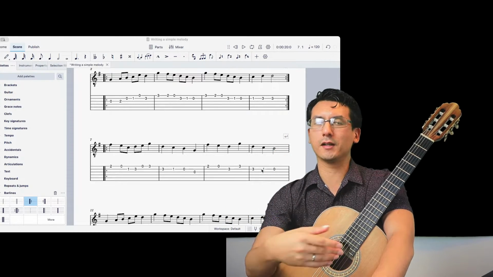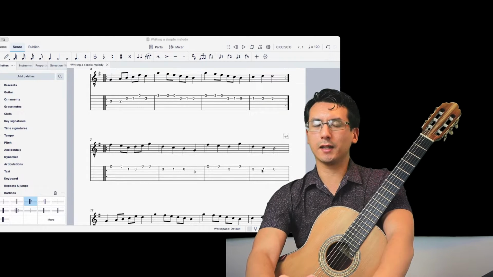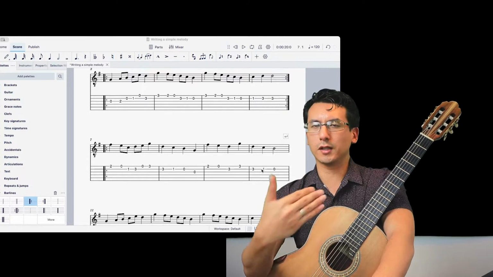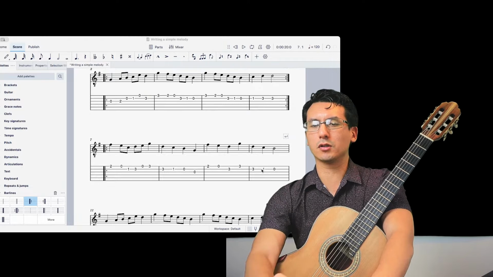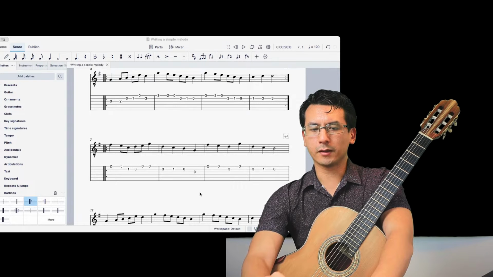Like Mozart said, there is not a famous master whose music I've not studied through many times. Study that music and then learn from it, and then write in that style using the same or similar structures to what you find in the piece. Okay, so that could be a whole